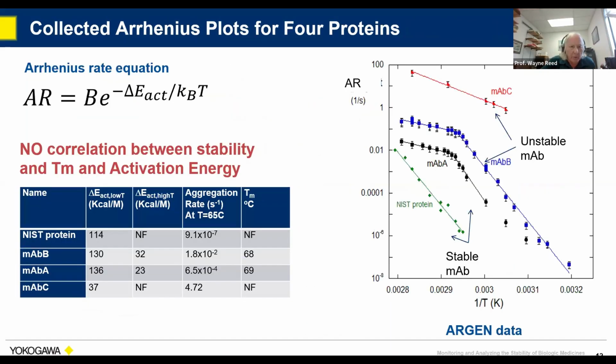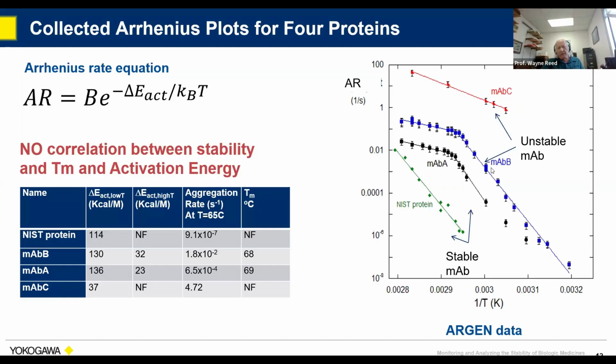And here is an example of Arrhenius plots that we made for 4 proteins. If we look at the 4, again, we have the NIST monoclonal antibody, it's a standard. We have the Biogen one, that's a commercial product, which couldn't be developed further. And this one up here is an academic one. Remember, the higher the aggregation rate, the more unstable. So unfortunately, the academic one stands out as the least stable. Of course, academic labs usually have thousands of dollars and not millions to try to produce their monoclonal antibodies.